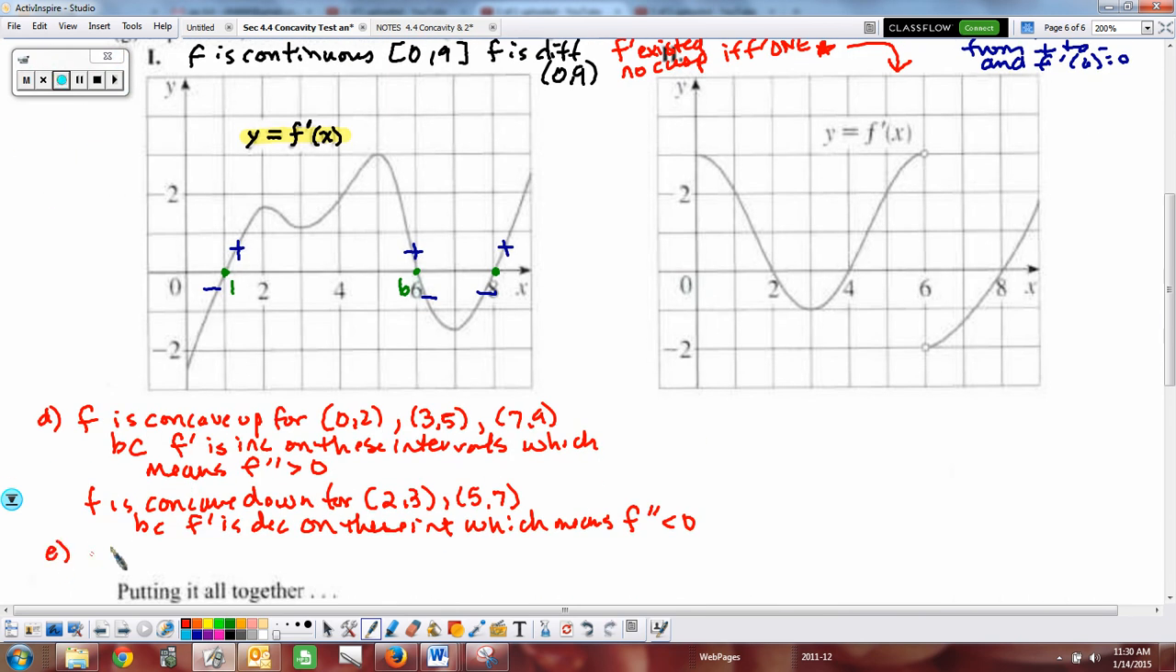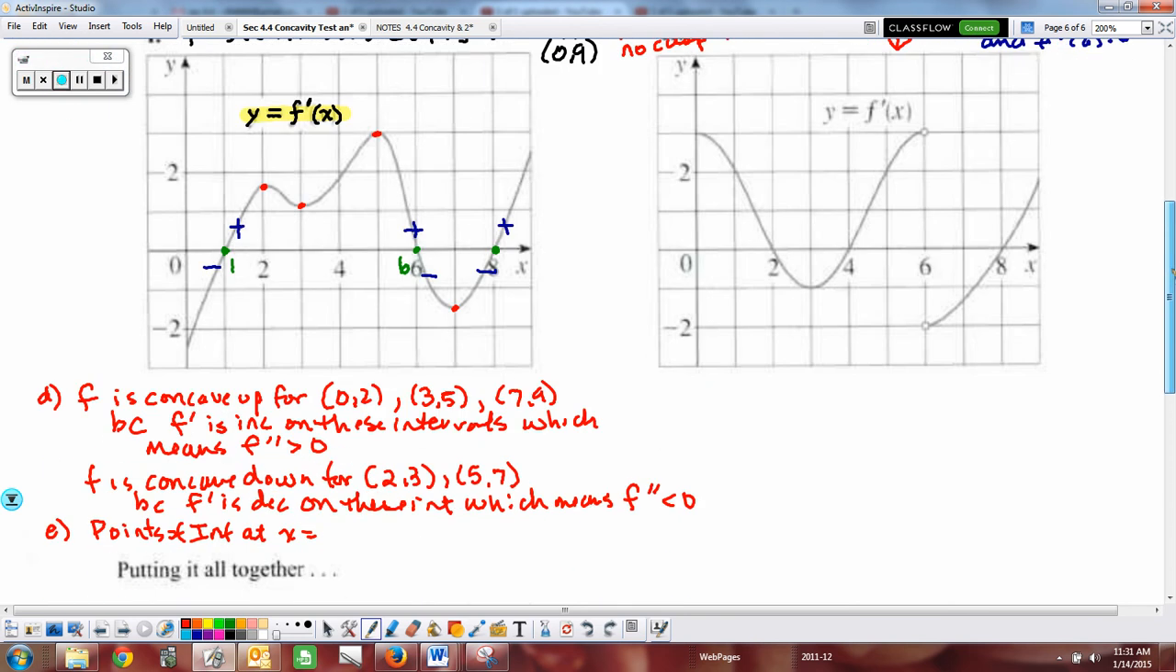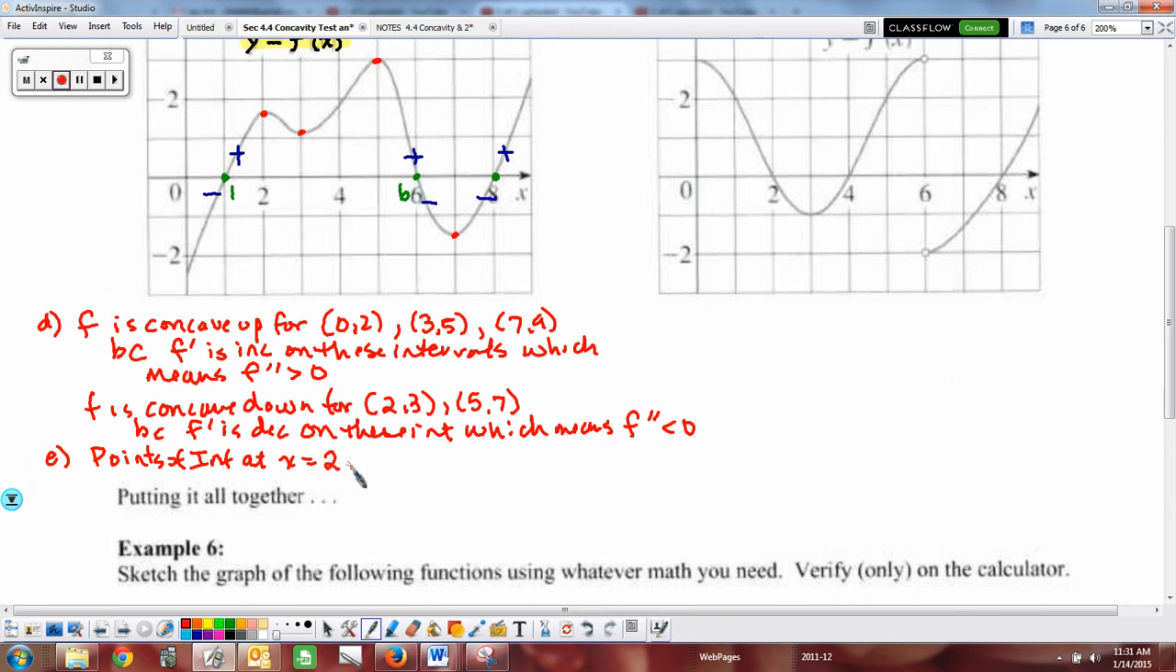So the answer to E would be there are points of inflection at x equal to, and when you're basically looking at where you switch increasing and decreasing, what are you looking for? You're looking for relative extrema on f prime. So I have a relative extrema here, here, here, and here. And so there are 4 points of inflection on f. So at x equal to 2, 3, 5, and 7, because f prime switches